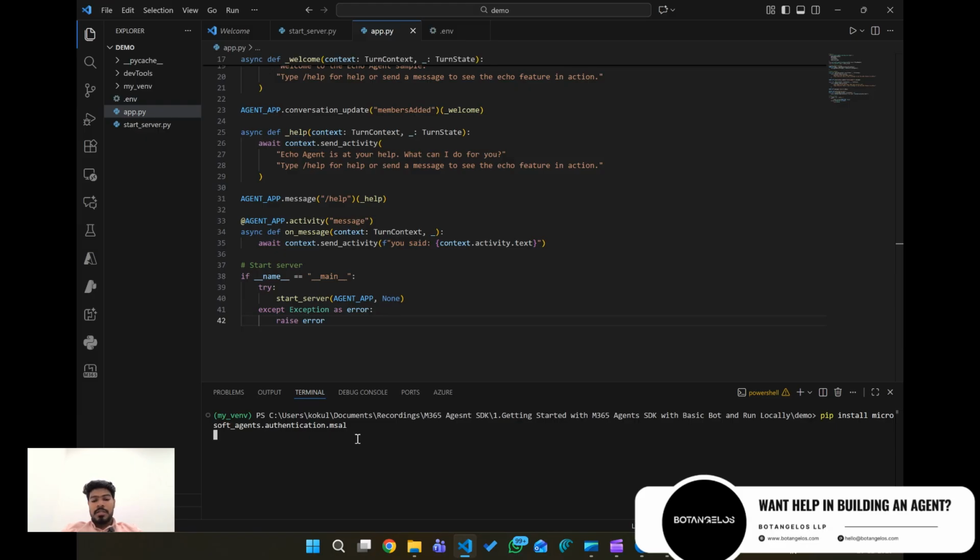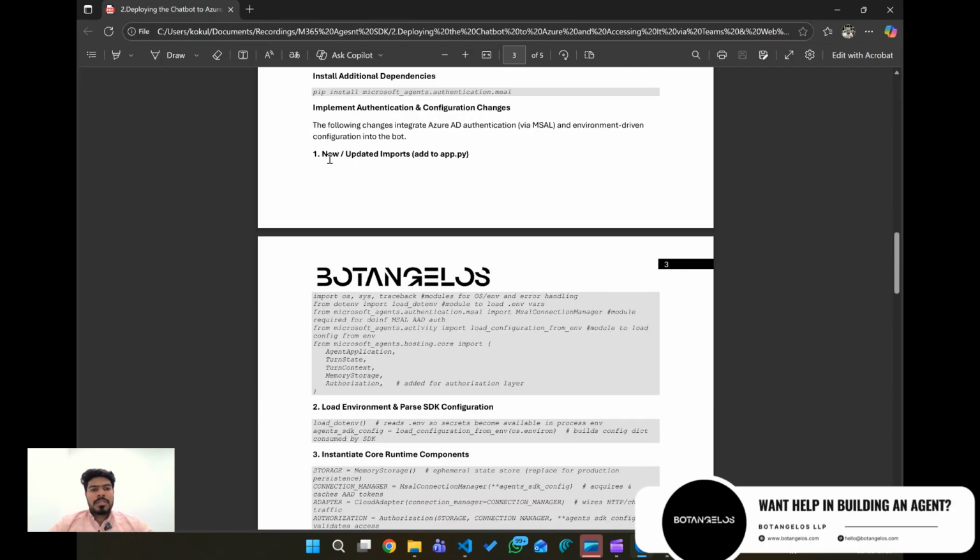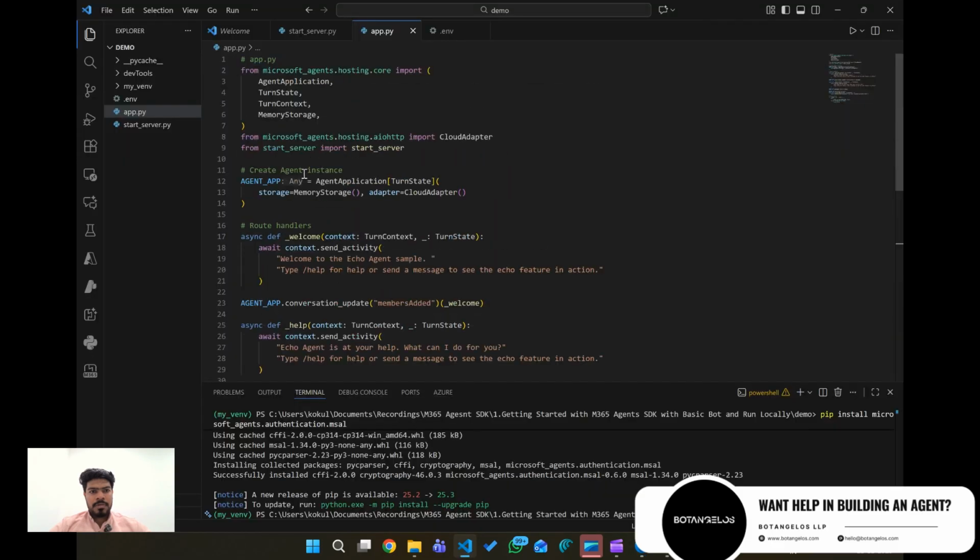So while the installation is happening, let me come back to the documentation, and this is what we have to do or update. So the next step is to implement the authentication and configuration changes, the changes that are required in the code base. First, let's copy and paste the changes that are to be done in the import statements. Let me copy and paste it in the app.py